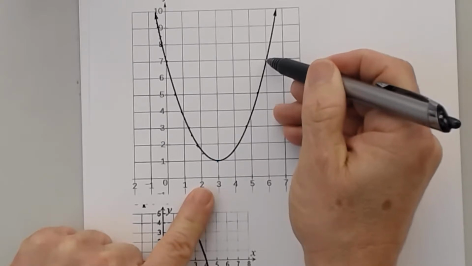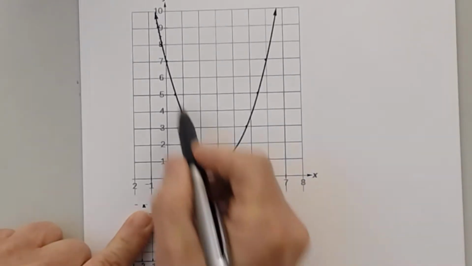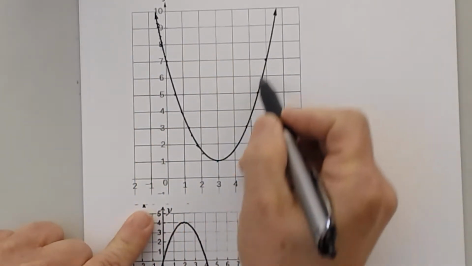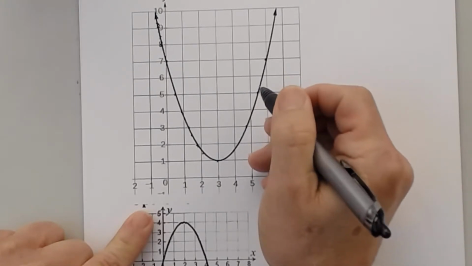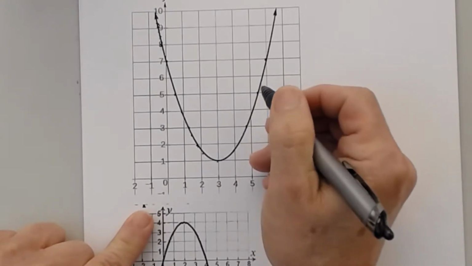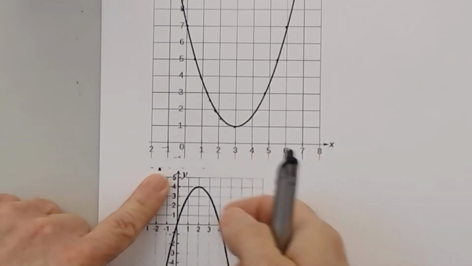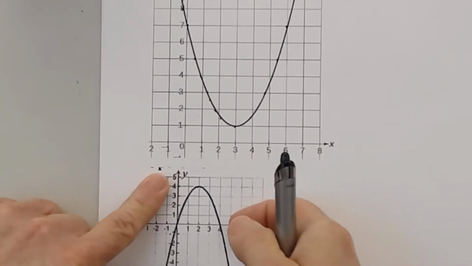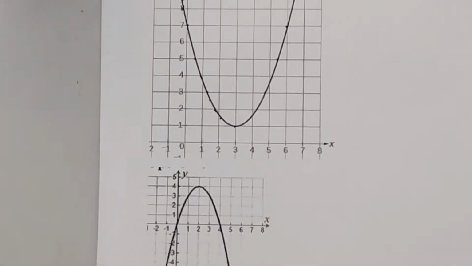What was that smallest Y coordinate we had? 1. Very good. Question is, are any of these points right here going to have a Y coordinate of -2? No. If you had a Y coordinate of -2, that means you better have a point below the x-axis, right? You don't. So here's the way you need to think about finding the range